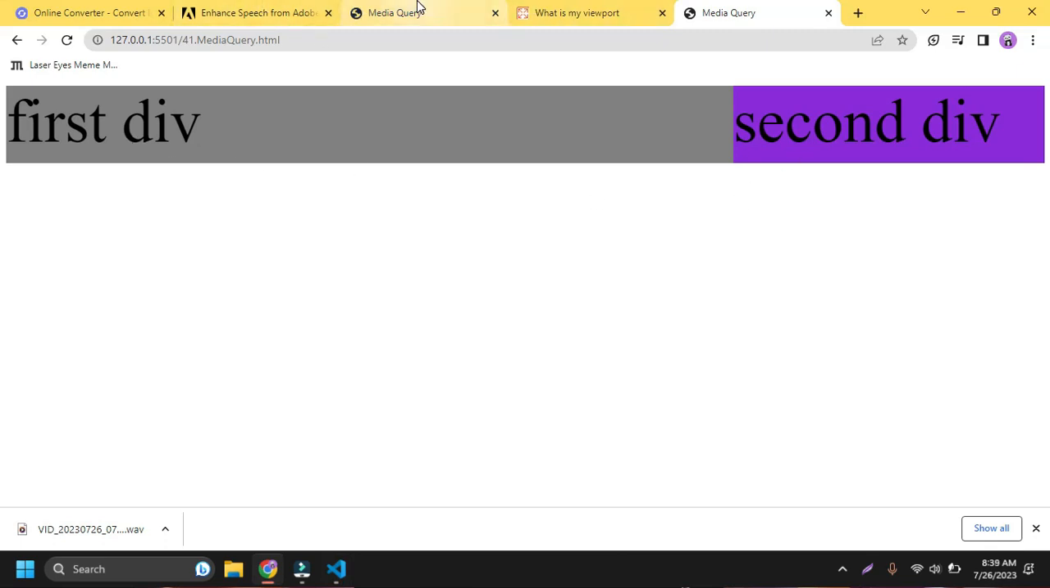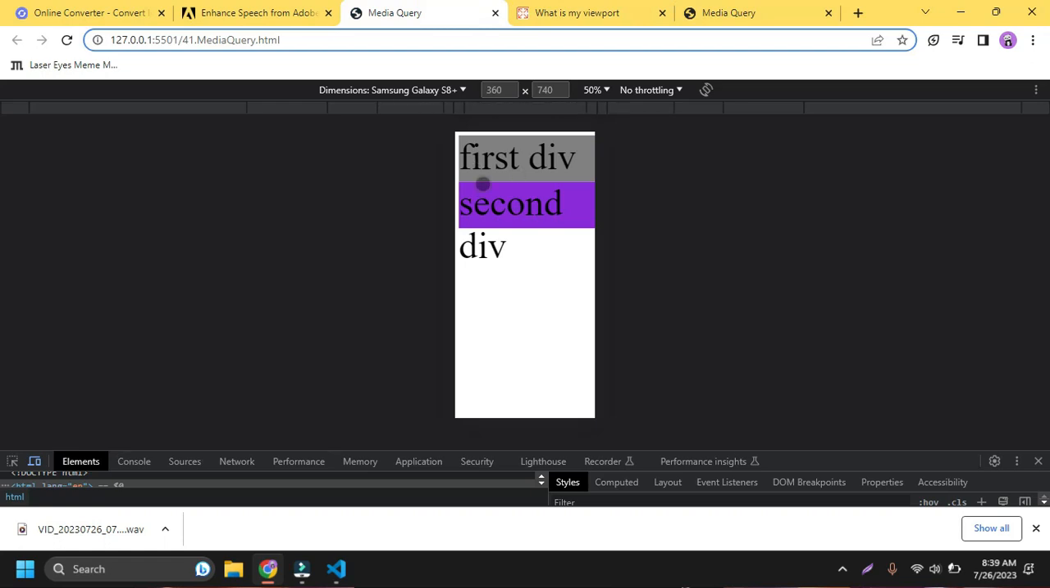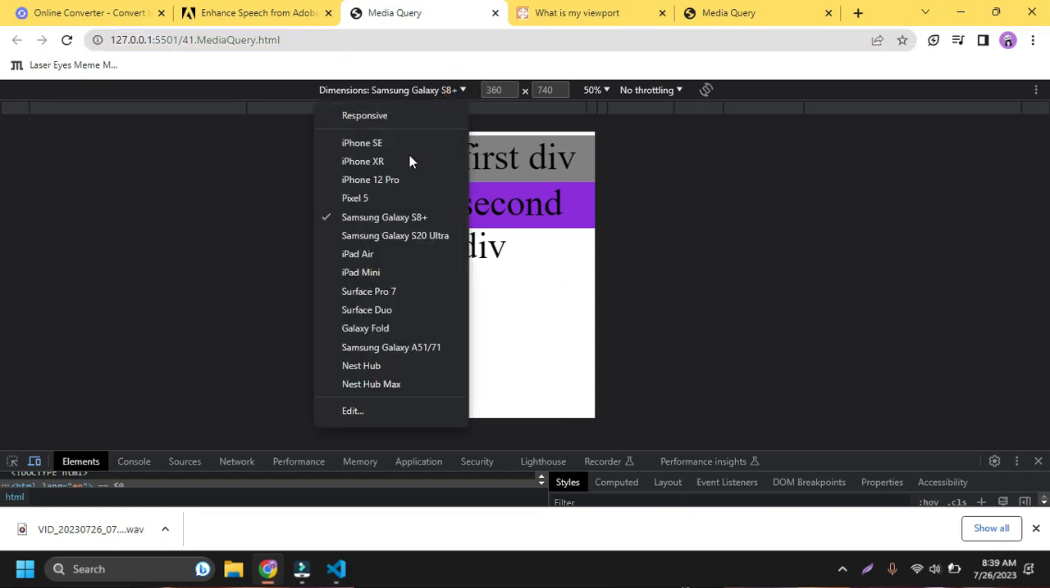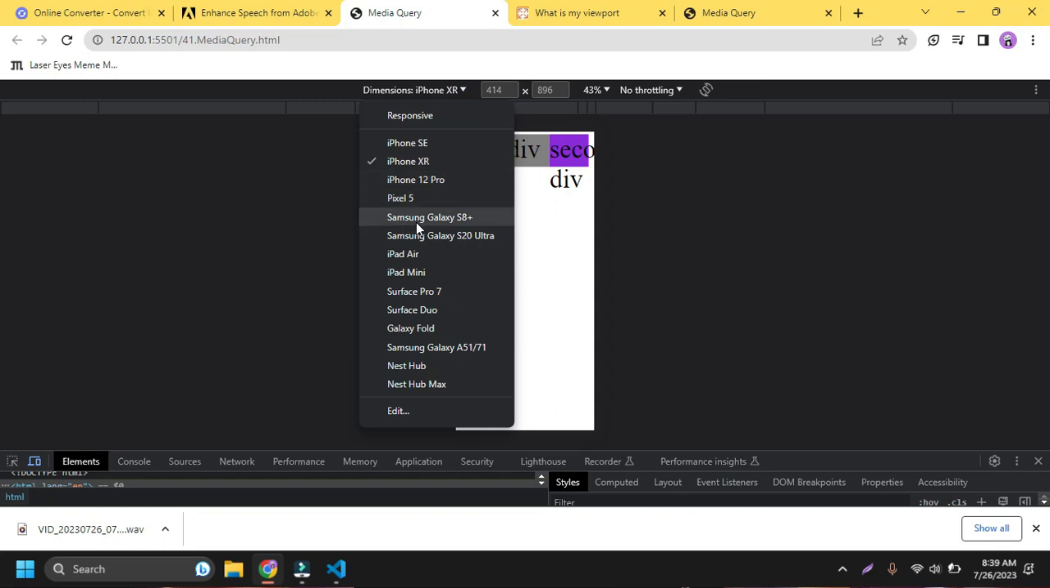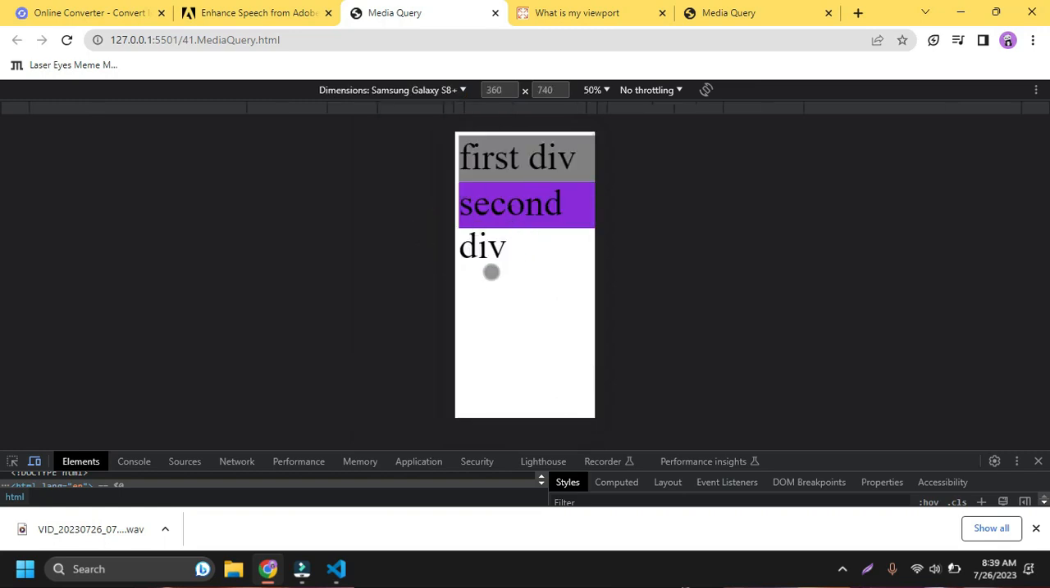But if I go to the media query, another part, this is inside the inspect. You can see this is 360 pixels, so it divides into two, 100% width for the first div and 100% width for the second div. And if I change to iPhone XR, this is 414, so it divides again. This is greater than 400 pixels, so it divides into two divs. But if I again go to the Samsung Galaxy, this is also divided into two divs. But you can also see here my second div goes outside of this div,